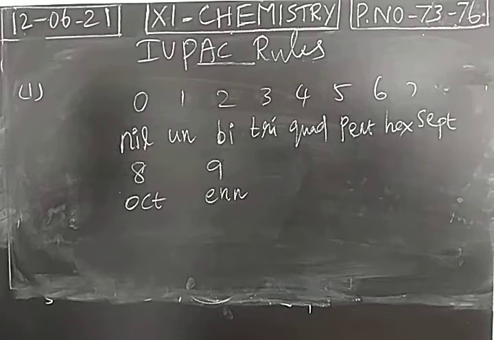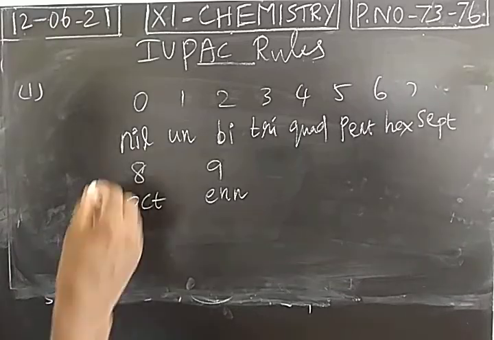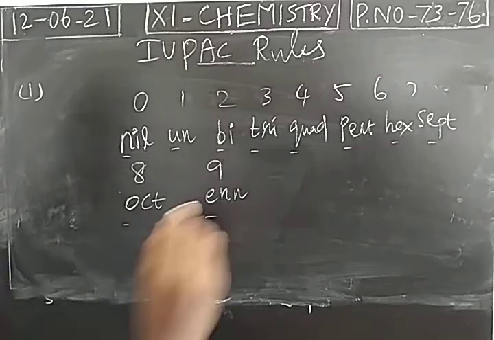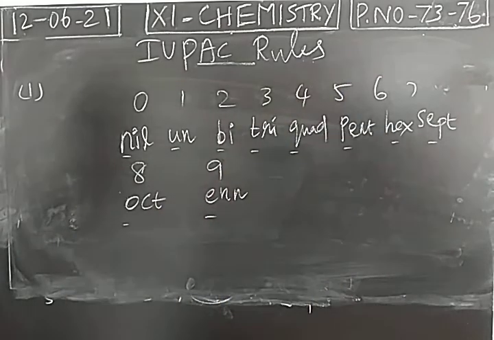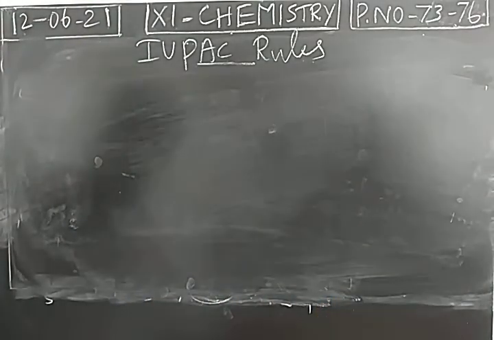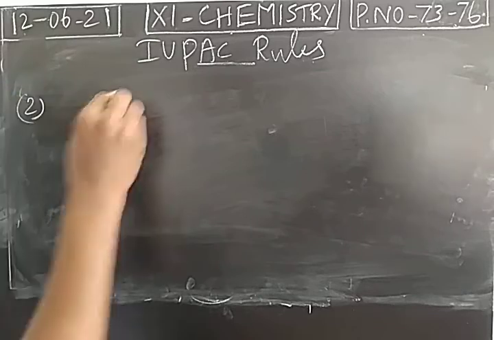And what about abbreviation? The symbol should be given. Like a temporary name, a symbol will also be written. For writing the symbol of an element, we take the first letter alone as the abbreviation. So for each digit we use a prefix. It is called a root word. So the UPOC first rule is the root word for the digits and its abbreviation. The first letter will be taken as the abbreviation. Then the second rule: the name of the element should end with ium.